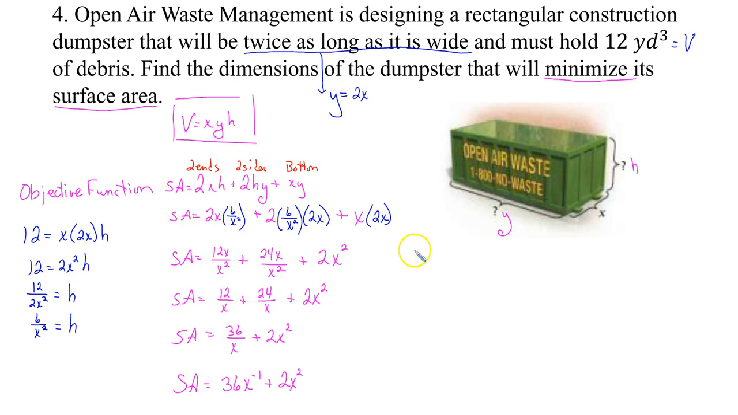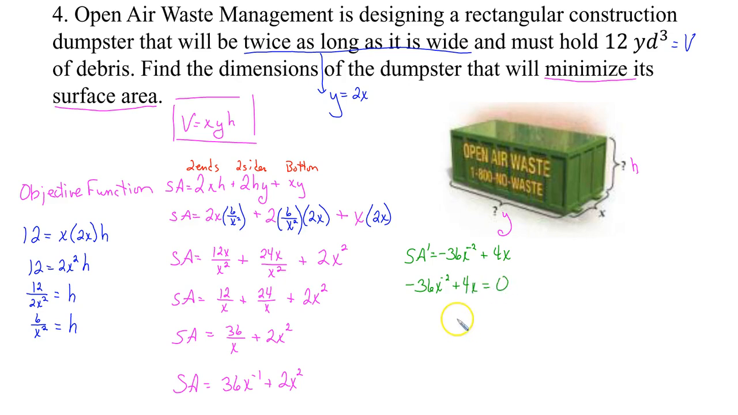So we're going to find the derivative of surface area. The derivative of this function is going to be negative 36 x to the negative 2 plus 4x. This is what I need to set equal to 0 to find the critical values. I am going to make you very happy in just a minute and tell you you can skip a step, but for right now, we need to take negative 36 x to the negative 2 plus 4x and set this